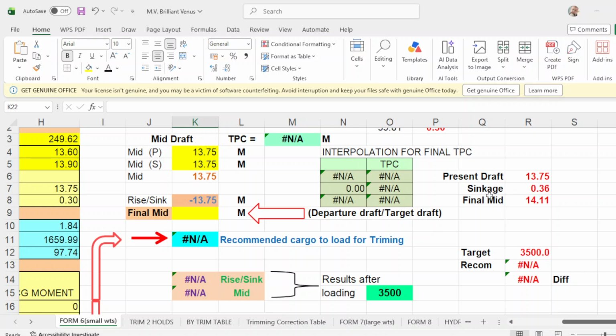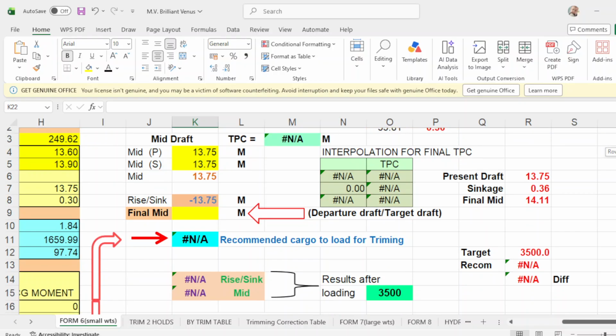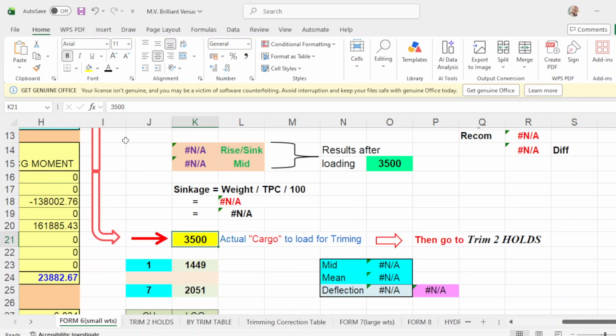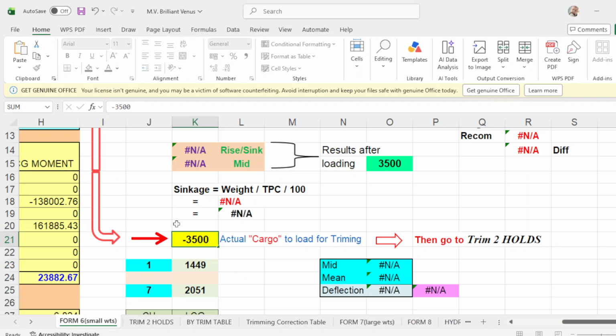Your present mean draft is 13.75, so your sinkage is 36. I'm sorry, this will be negative 36 because you are going to discharge. So negative means discharge of 3,500.